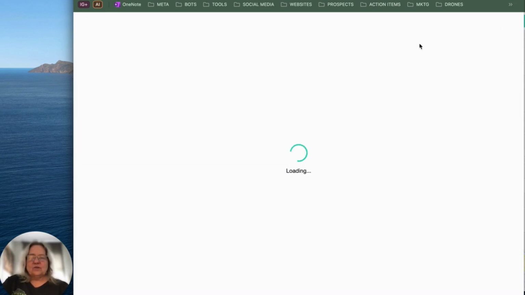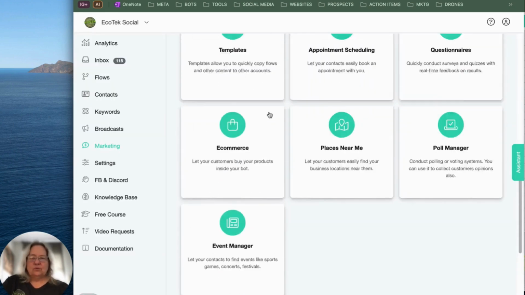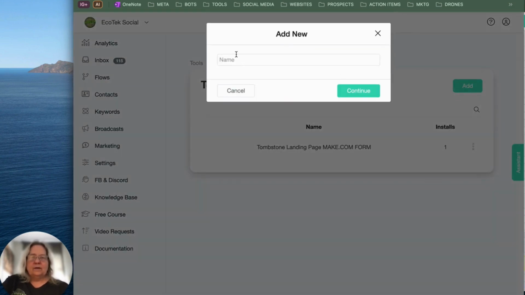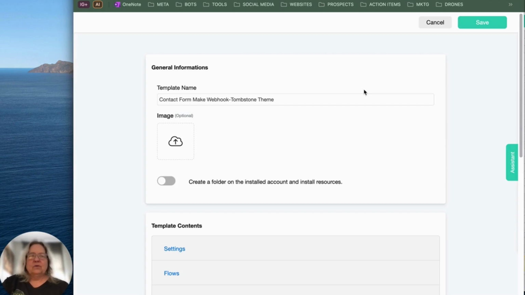Go to the marketing section, go down to templates, and add a new one. I'll call this contact form make webhook, and I'll call it Tombstone theme, and hit continue. Now when you're creating a template that somebody else at CBB can install on their account, you're